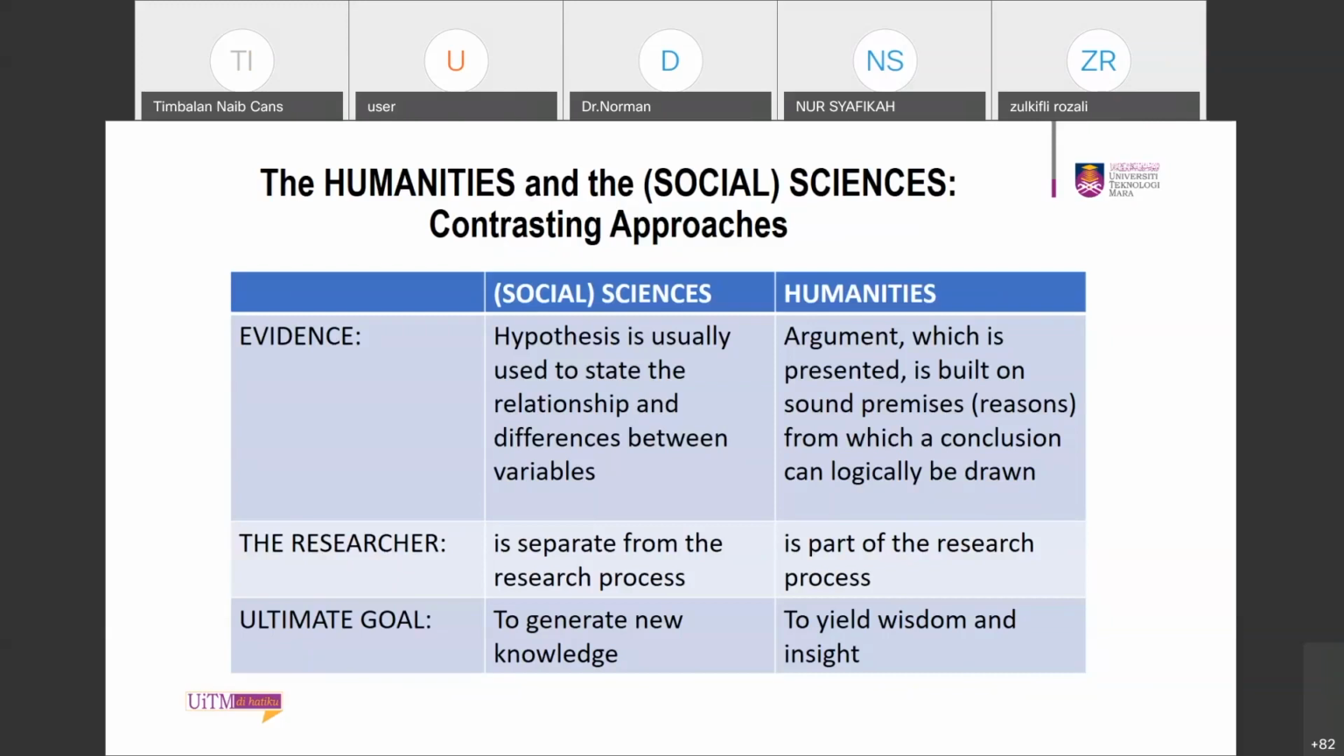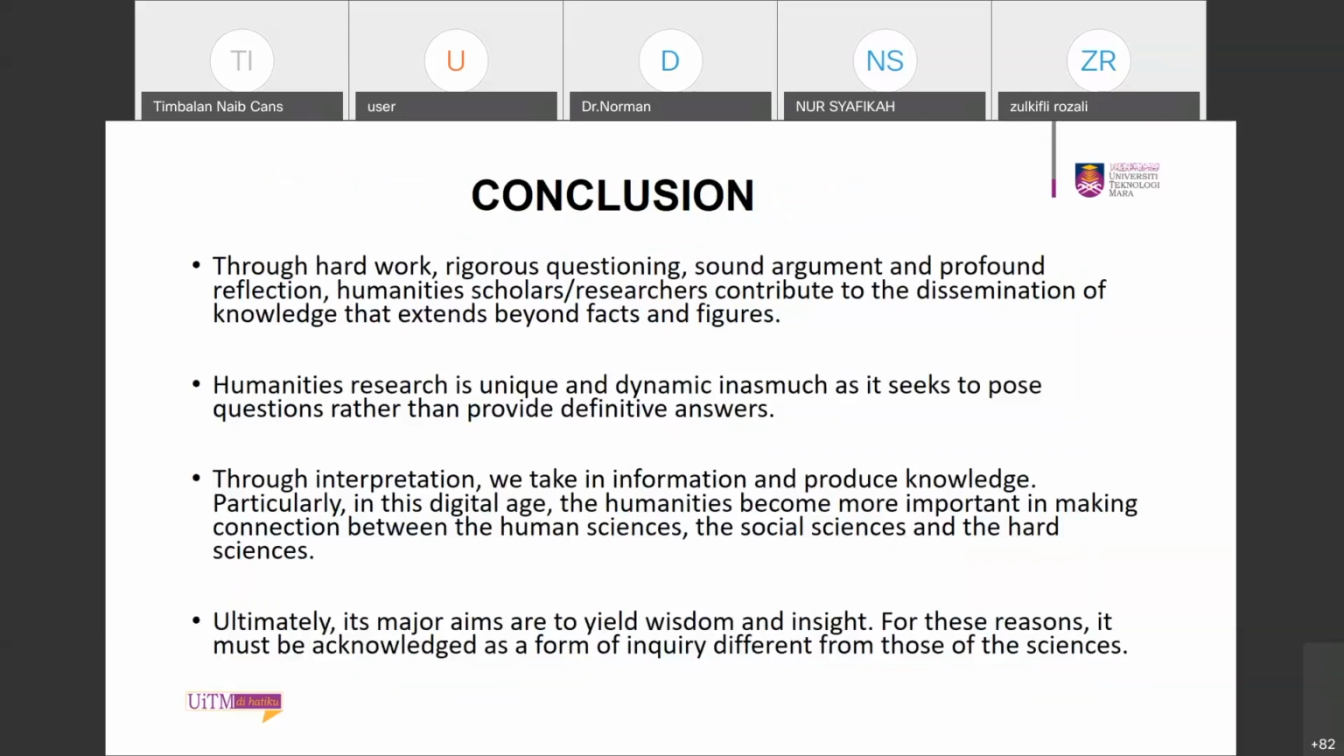The humanities do so too, but the ultimate, higher goal in the humanities is to yield wisdom and insight. Wisdom is that deep understanding that extends beyond knowledge, beyond facts and figures, a kind of soundness and quality of judgment, decision based on experience, knowledge, and so forth. So these are the contrasting approaches between the humanities and the sciences, the social sciences. As a conclusion, through hard work, rigorous questioning, sound argument, and profound reflection, humanities scholars